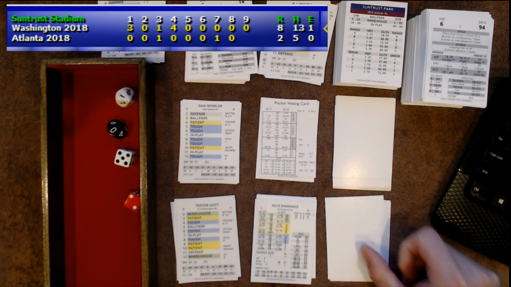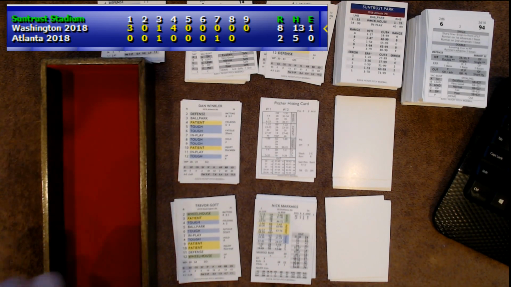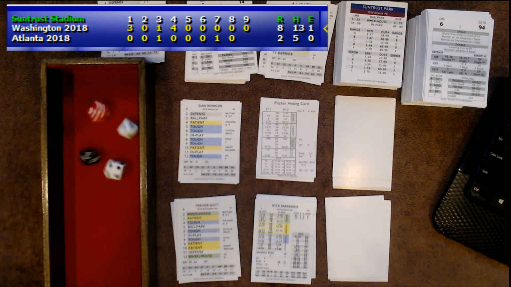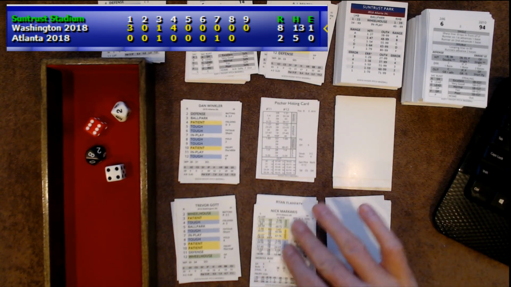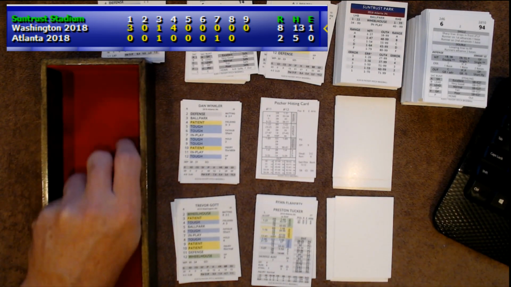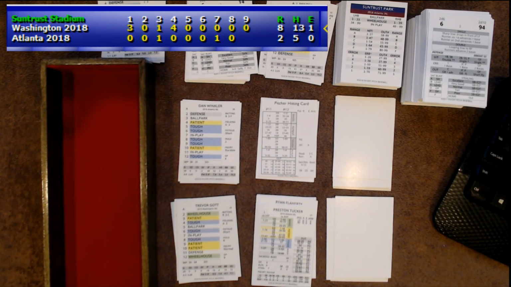Freddie Freeman with the double. Nick Markakis 0 for 3. Markakis 10, patient 82, not that patient. Fly ball to center. 1 away, Preston Tucker. We can't afford any more outs, gentlemen. Preston Tucker, you got to get a hit.